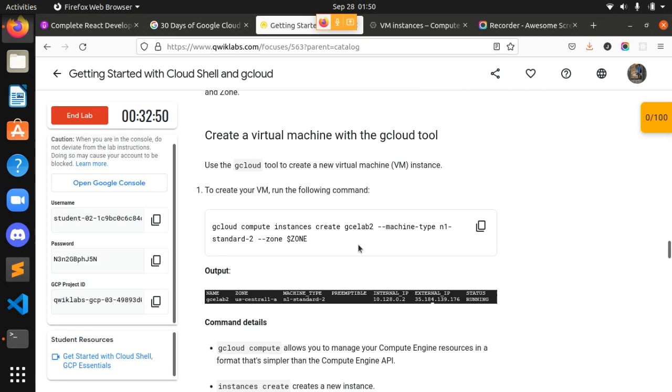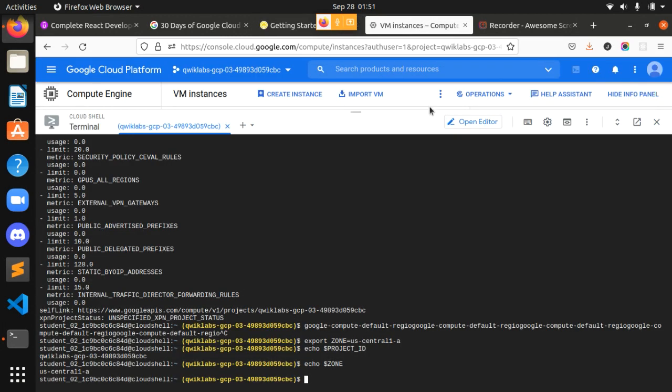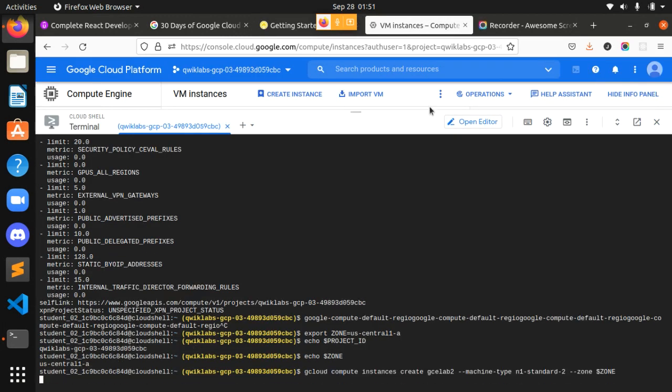After that, we have to create a virtual machine with these commands. We just have to copy this and paste it over here. Enter. Sometimes it may take time, but it would be okay.